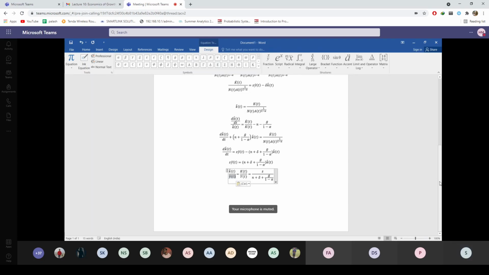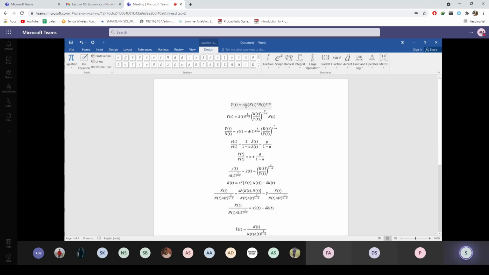So actually this production function can be written as AT KT to the power alpha and AT NT whole to the power 1 minus alpha. So both capital and the labor have some part of technological progress sharing. If you do not want to define it as k hat, you can define it as k tilde, does not matter. But the crux is basically you have to define the k hat or k tilde in such a way that d/dt of k hat or d/dt of k tilde is 0 at the steady state. You have to define in that fashion.